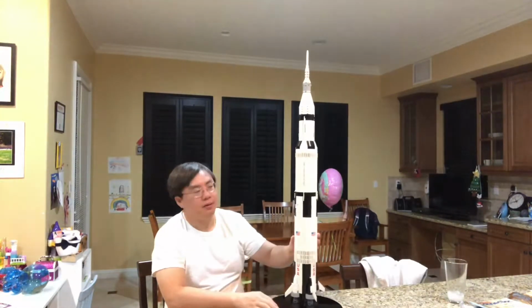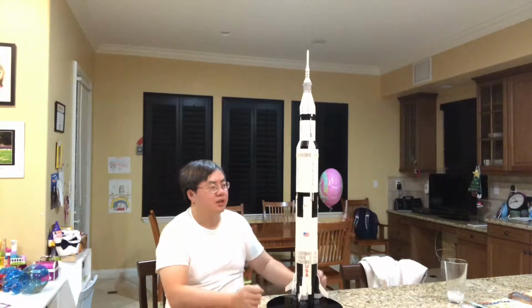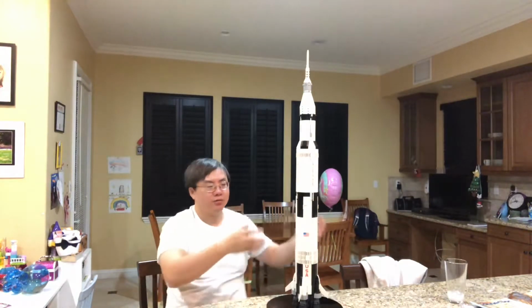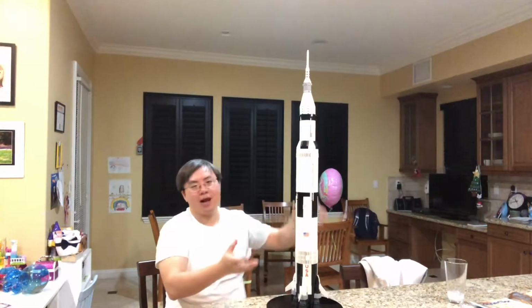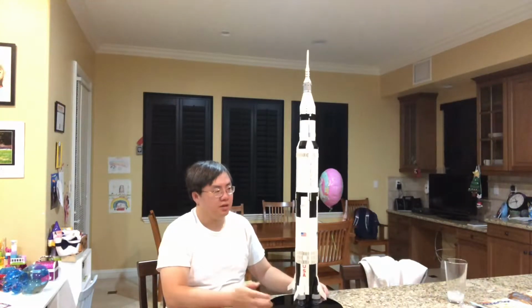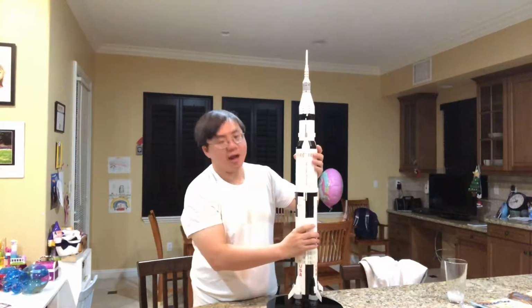But it's a display model and a very nice one. I think there is a way to display it either lying down or standing straight up. I think they do actually give you a build where you can put some brackets. But for something this tall, really the only, in my opinion, realistic way to display it is like this, straight up. It's very sturdily built, and what I mean by that is you can grab it and